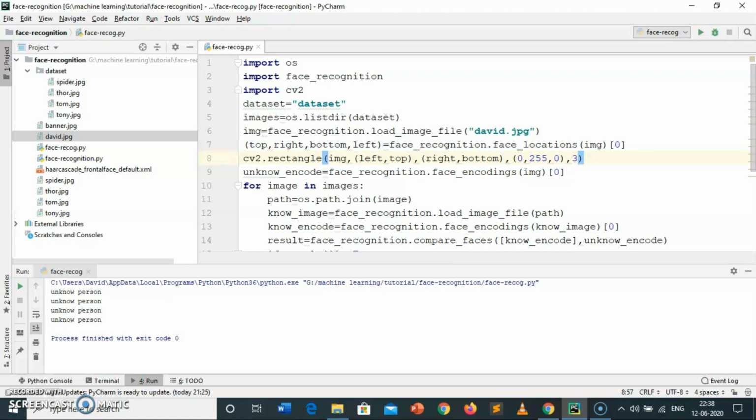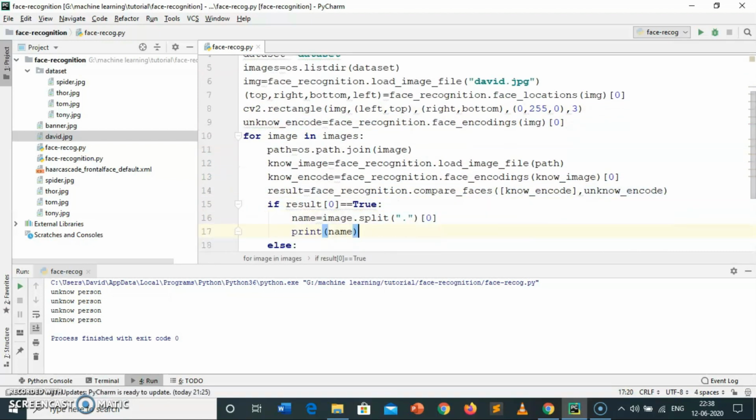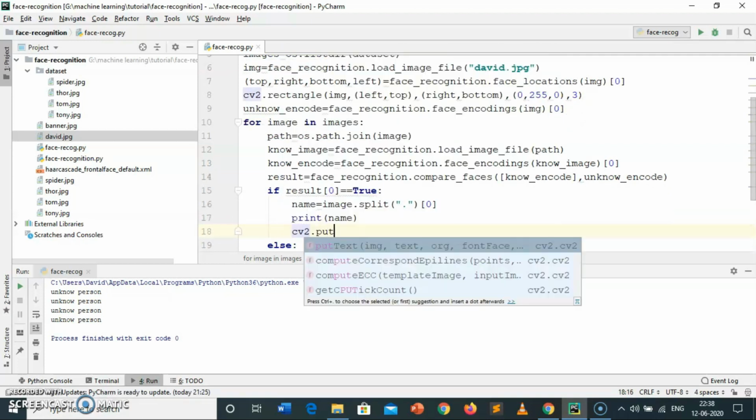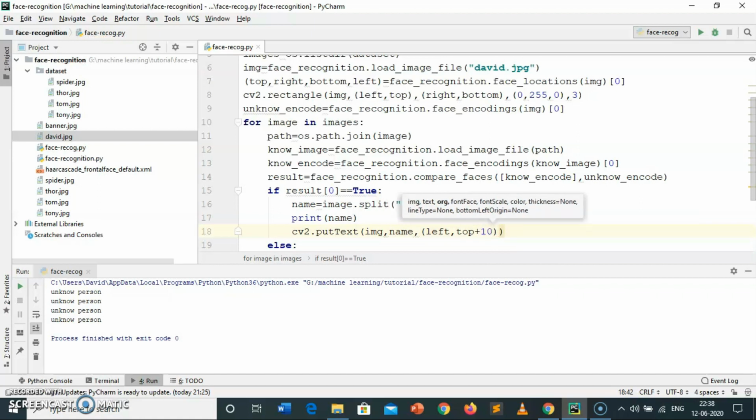After that we have to put some text for the message. So I am going to here cv2 dot put text. Now we have to pass the image. Now text. So in the text I am going to provide the name. Now we have to provide the coordinate. So I am going to provide the coordinate left and top plus 10.